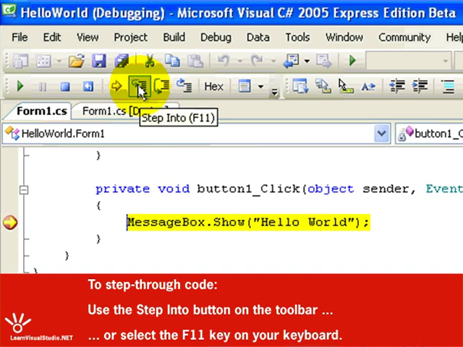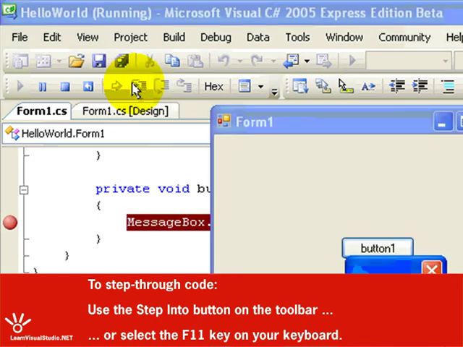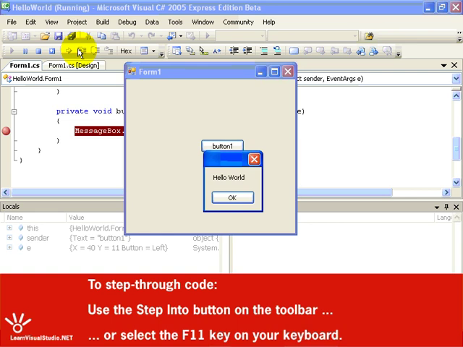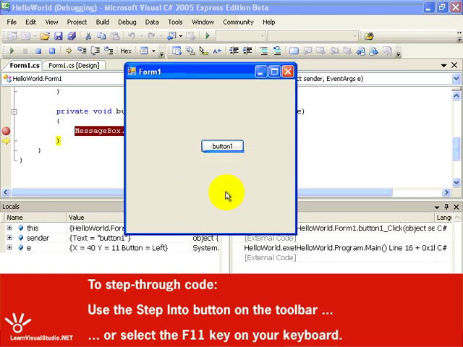So I'm going to click either the Step Into button or F11, but I could just as easily select the Step Over or Step Out, and we'll talk about those much later in this series of lessons. For our purposes right now, let's just click the Step Into button, and when I do, notice that it executed that line of code to display a message box, and I'm going to click OK